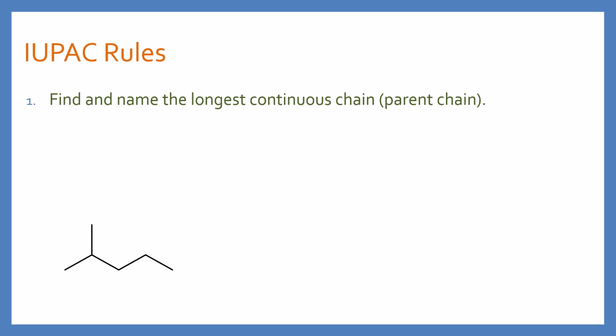So the first rule is to find and name the longest continuous chain. So I have an example down there at the bottom, and our longest continuous chain is 5 carbons long. That means our parent chain is pentane. So pentane is going to be part of the name of our molecule. Now you'll also notice that we have a 1 carbon decoration, and we're going to have to reference that as